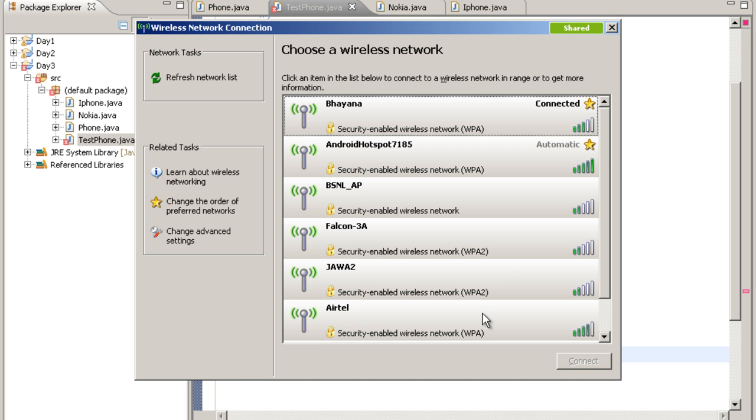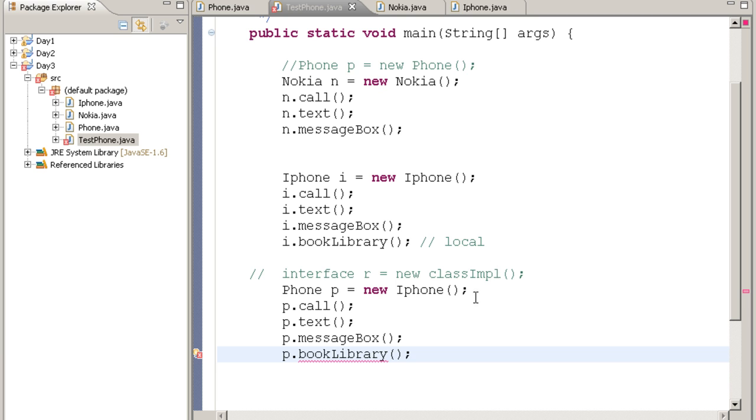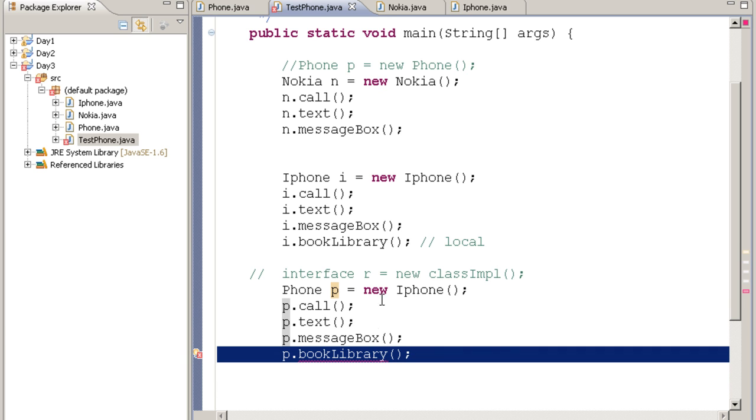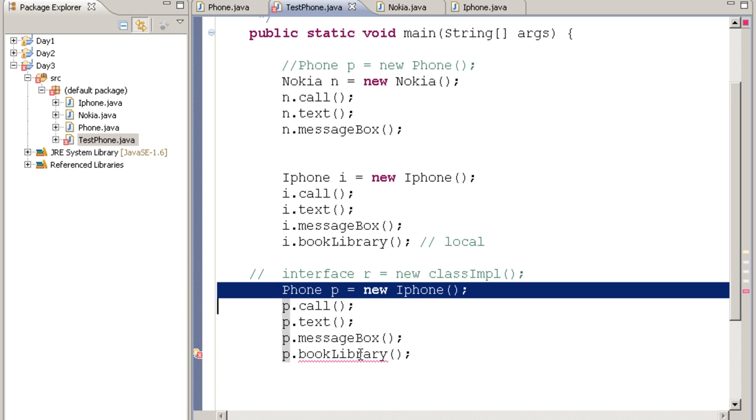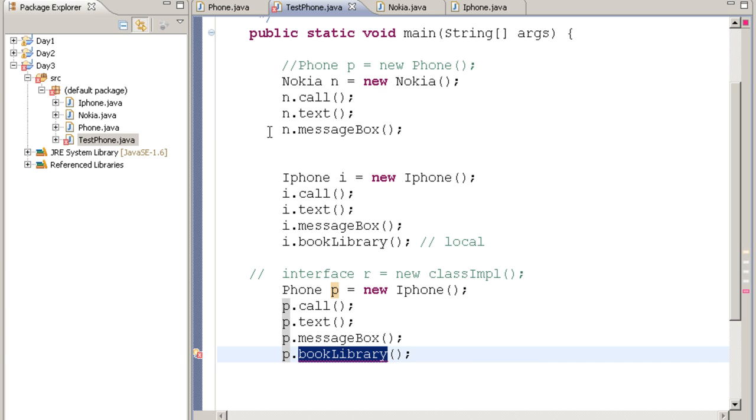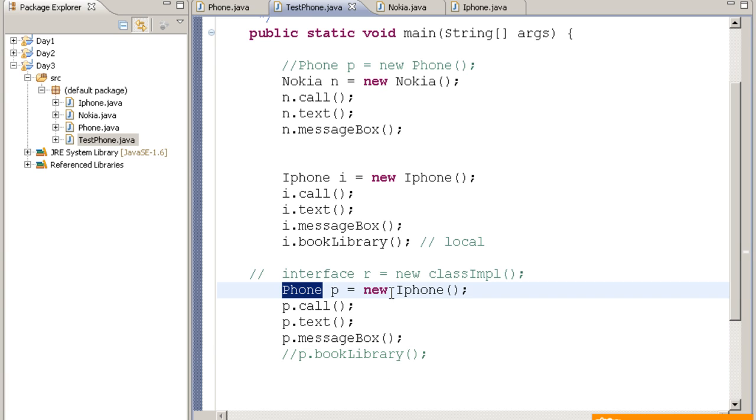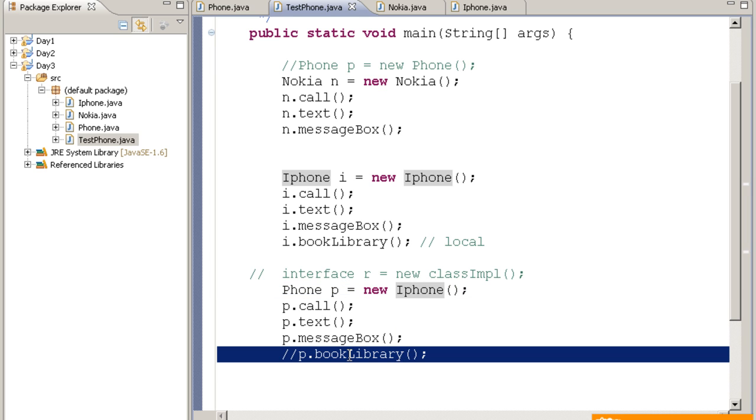Okay. Now suppose in Selenium, coming to Selenium, let's see the importance of this. Why do we write interface name equals to new class which is implementing the interface? Although I just cannot use the functions which are present in that particular class which are not coming from the interface, right? What is the usage? Suppose I create a new class